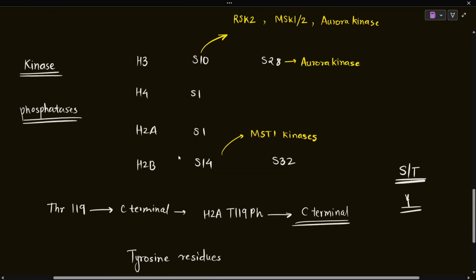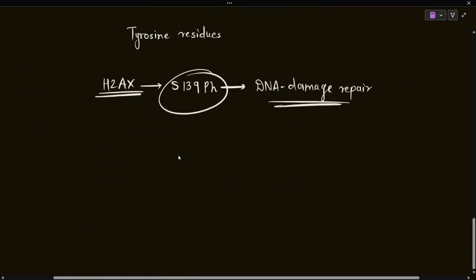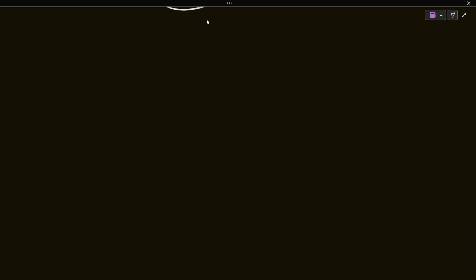Okay, so yeah, this is it about kinases. Let's learn about phosphatases. Phosphatases are the enzymes which remove the phosphate group, so they do the dephosphorylation of the histones. There are two different types of phosphatases. One is cysteine dependent phosphatases,